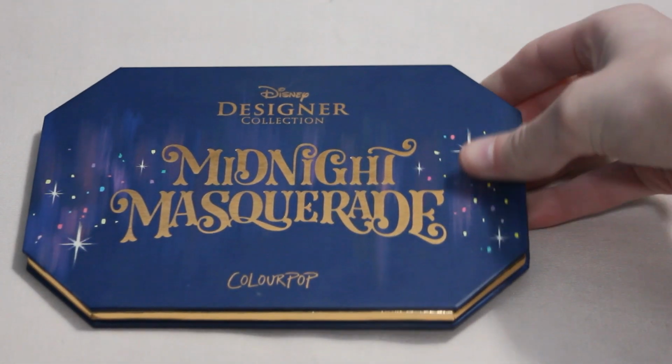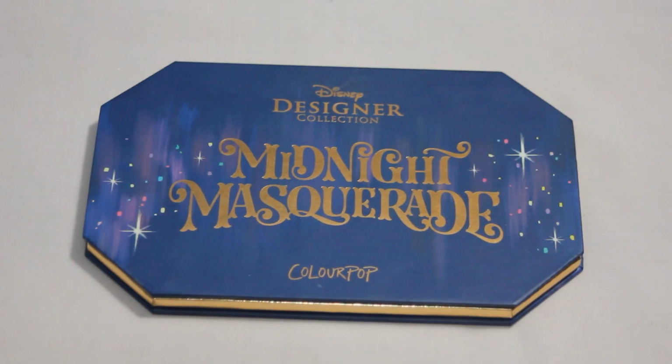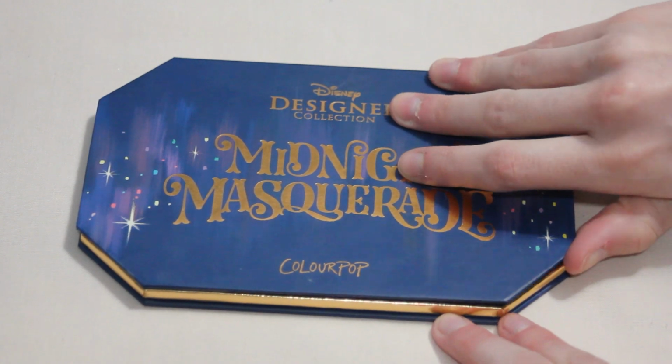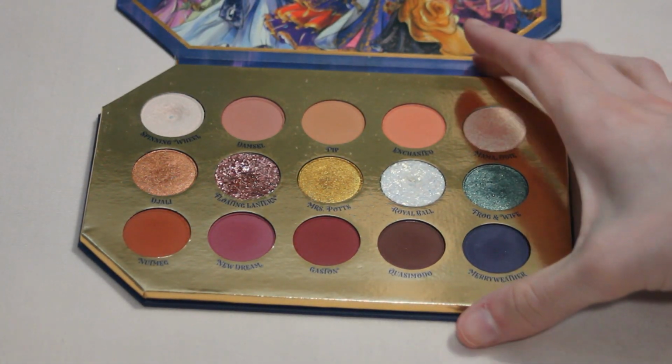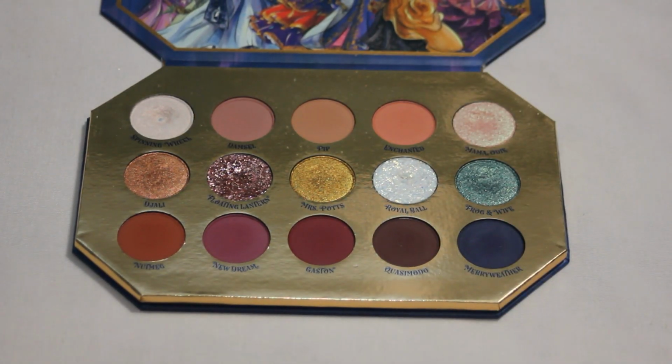Next up we have Best Eyes, and for that I chose my ColourPop Midnight Masquerade palette. So this was one of the prompts that was pretty hard just because I love what my makeup looks like with so many of my palettes, and I feel like a lot of them could be voted best eyes, but